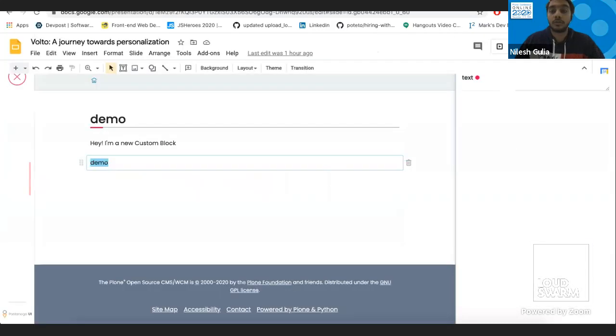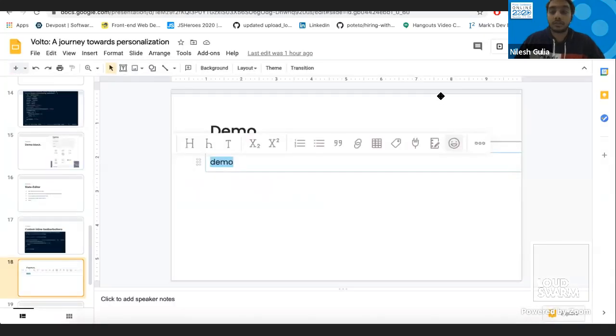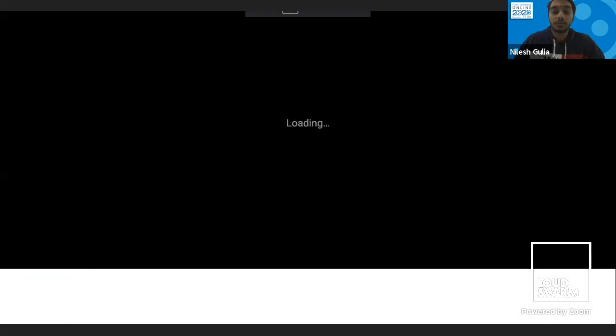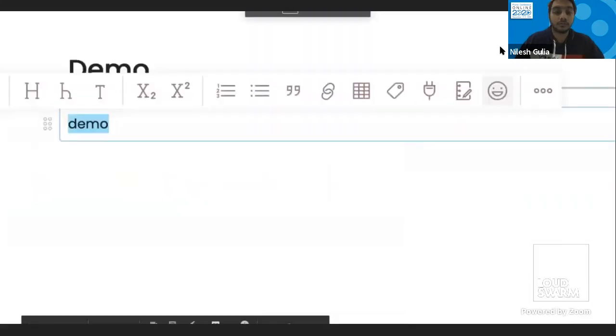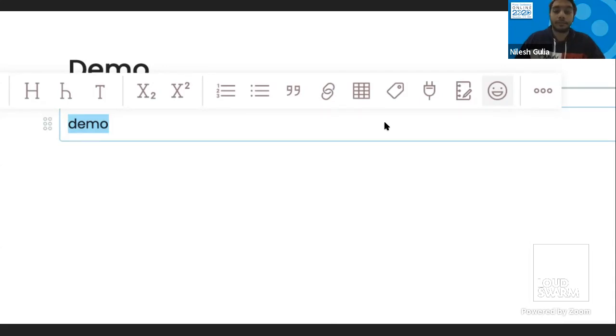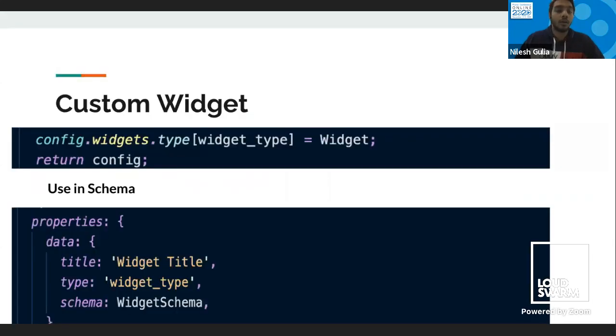Let's go back to the presentation. So this is how we add any button to the inline toolbar. Another thing is that we can also have a custom widget.